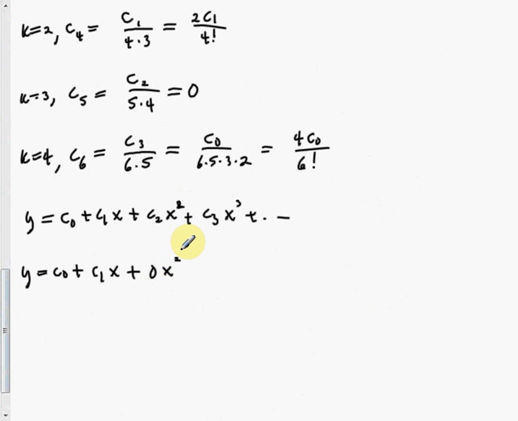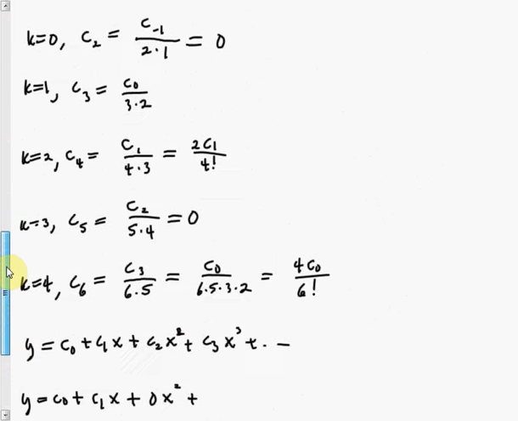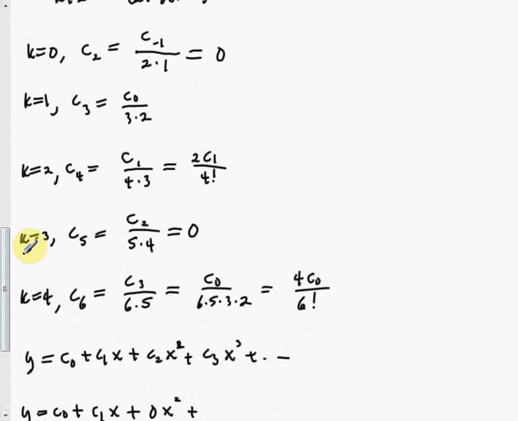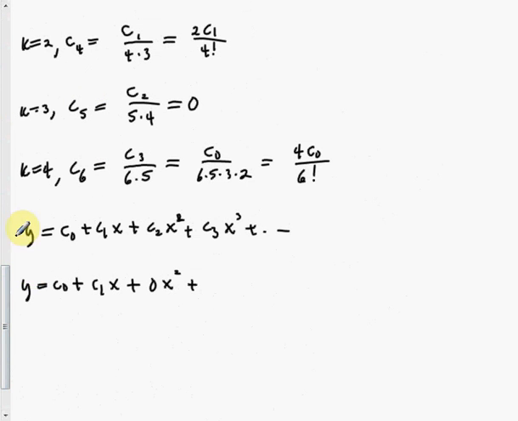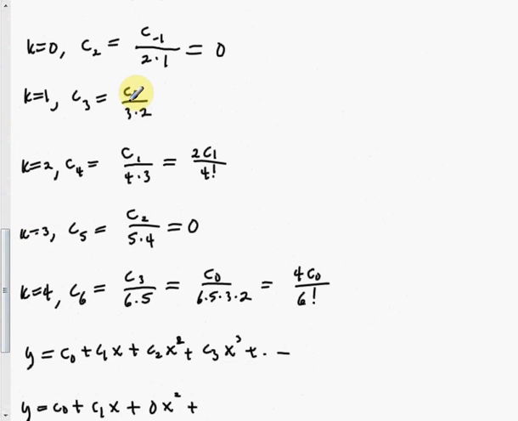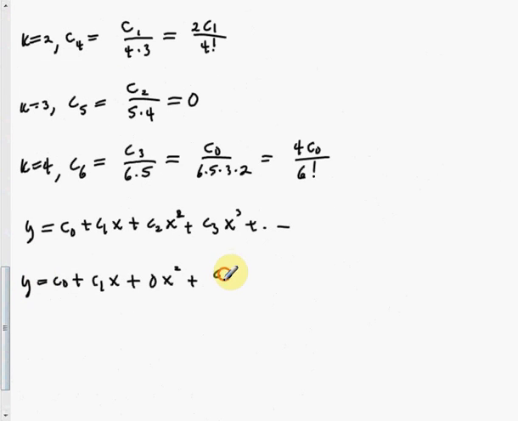We won't need it when we write the final answer. So then, now we're at C sub 3. So C sub 3 was this C naught over 6. So C naught over 6 times x to the third